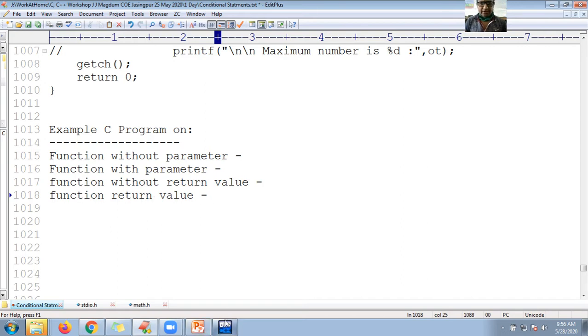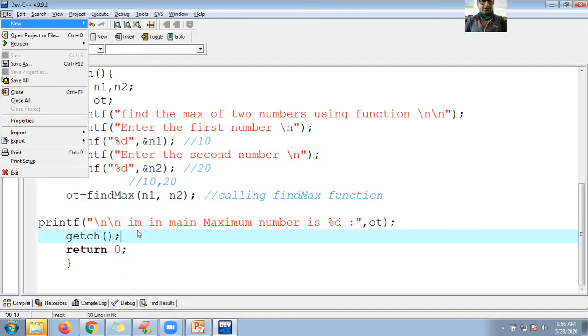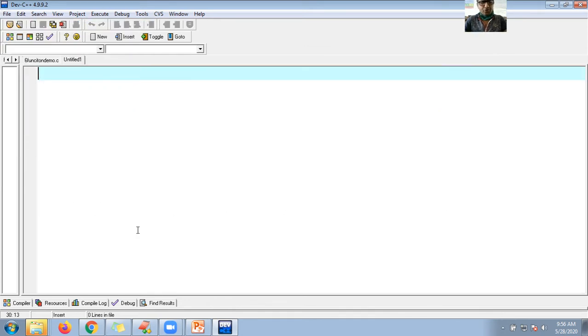Okay guys, let me create one program. Alt F, source file. I'm going to give the file name as a. Let me save this file. So hash include, let me include the header files to perform standard input output, stdio.h. Why am I including this standard input output header file? Because I'm going to work with the printf and scanf predefined functions. So I need to tell the preprocessor, by using the directive hash include, to include the standard input output header